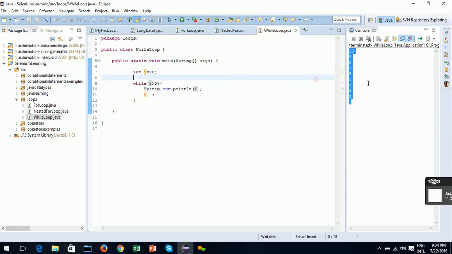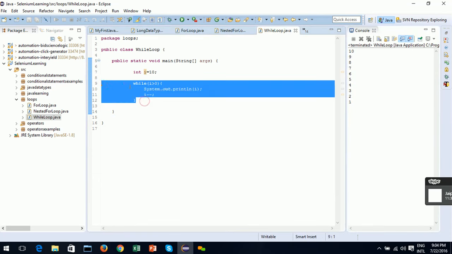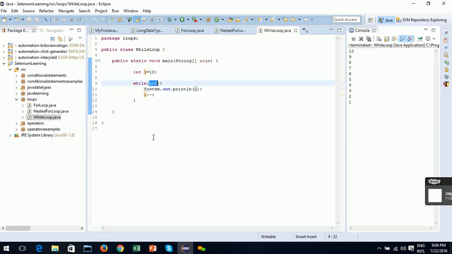Okay, this is simple, very simple. So this loop executes as long as this condition is satisfied. I'll do int j equal to 0, while j less than 10, j